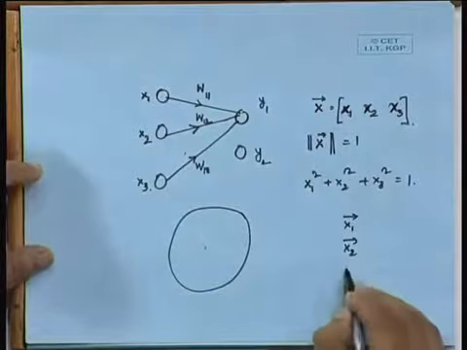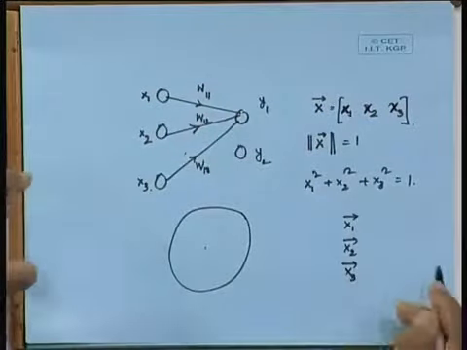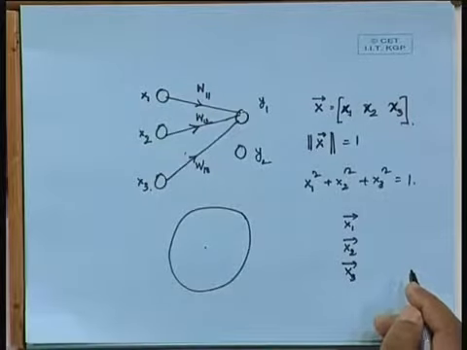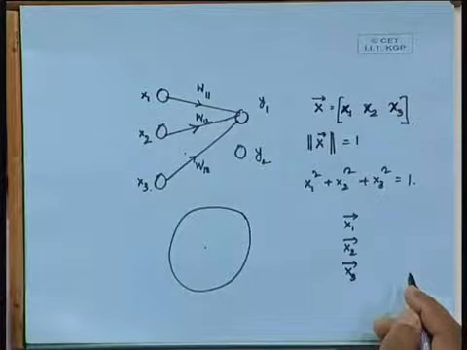But in this case, we are going to consider the vectors x1, x2, x3, which will basically indicate the different patterns that we are feeding to a system. And how many such patterns can we feed? There is really speaking no restriction, or there is ultimately going to be some restriction, according to the learning capacity of the network, which we are going to study later on. Right now we do not bother; we assume that there could be many different types of patterns that you can feed to the system.